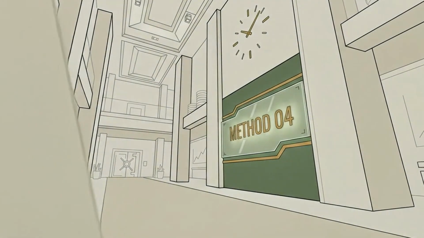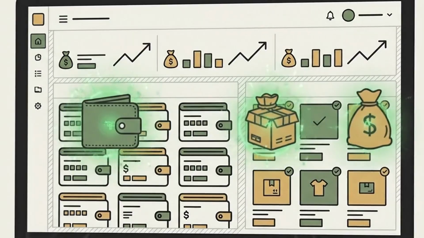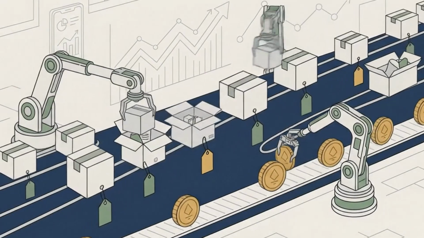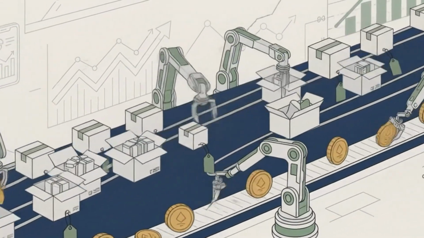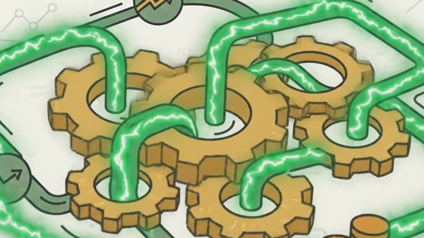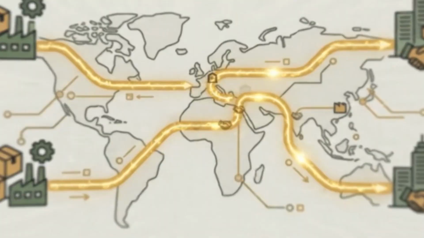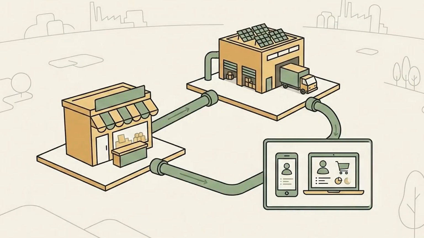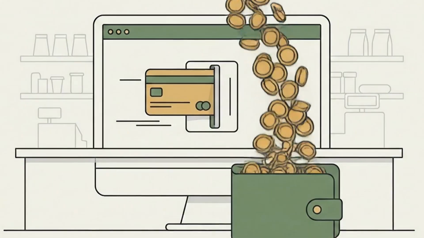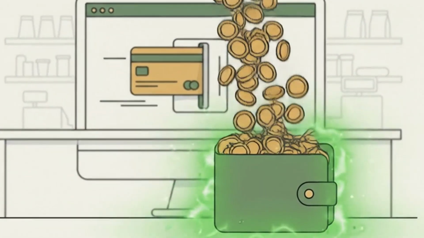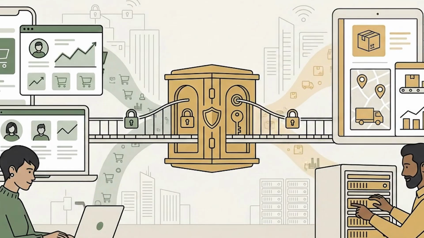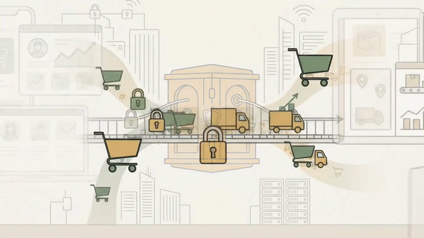Method 4. AI-powered store on Shopify. This is the most passive option on the list. AI selects products, designs the store, writes descriptions, updates prices, and ships orders, all without your intervention. You don't have to go to the warehouse, pack, or handle logistics manually. The principle is simple: drop shipping, but fully automated. A customer comes to your store, purchases a product, you receive the payment, and the supplier ships the order directly to the customer. You're in the middle, but you don't physically touch anything.